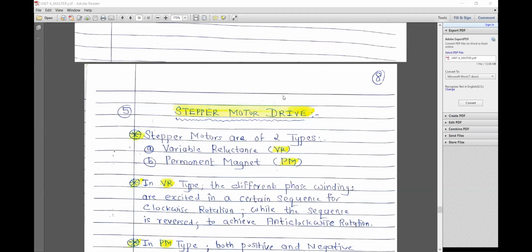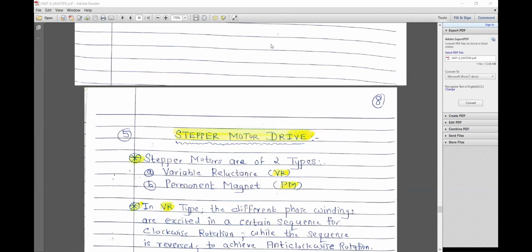So you know that stepper motors are of two types. First is variable reluctance and permanent magnet. Is it clear? Yes, sir. Yeah, in the sense that I'll request the students that I don't come to know when connection is lost. So, after every 10, 12 sentences, one of you can just say, yes, sir. So I'll understand that the connection is intact. Okay? Okay, sir. Yeah, because time is wasted for me to ask everybody whether you are able to hear. Okay, fine. So we know that stepper motors are of two types: variable reluctance and permanent magnet.